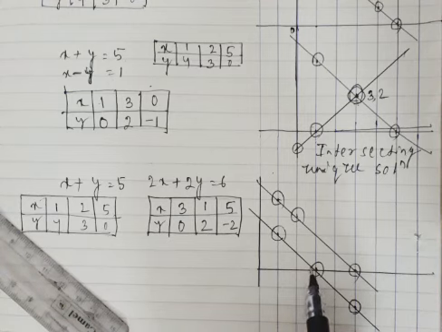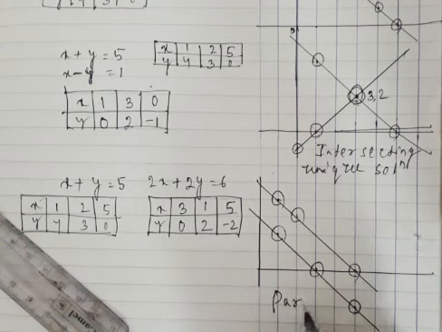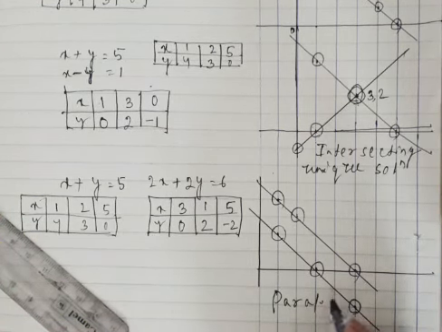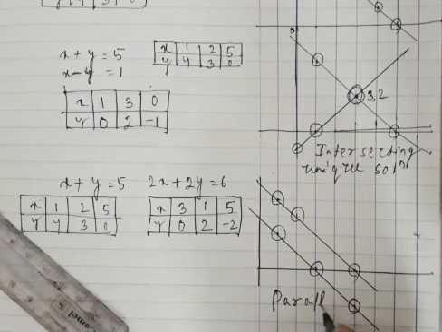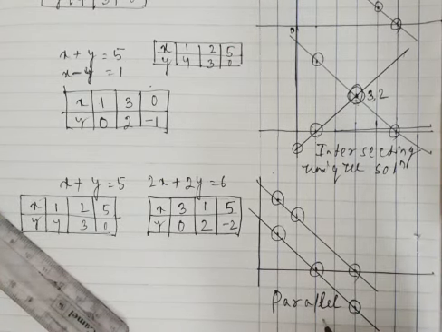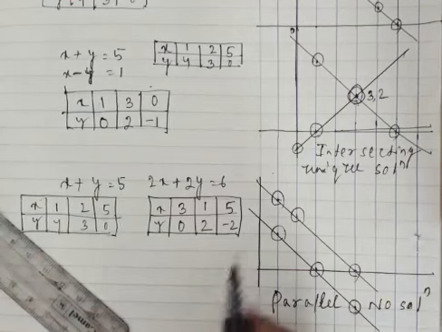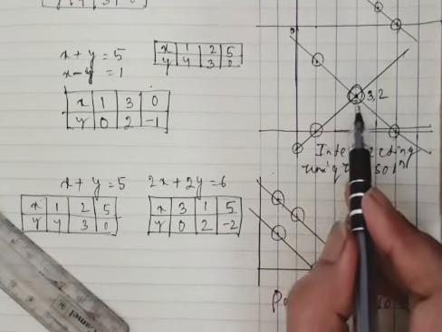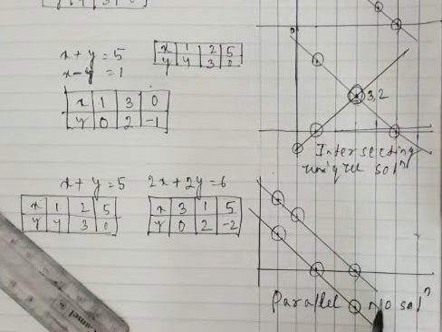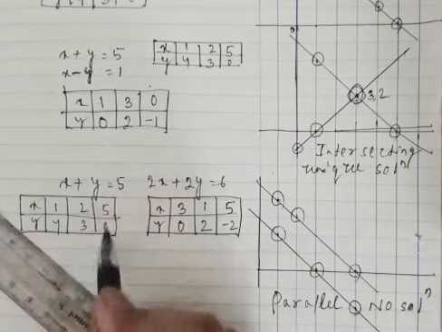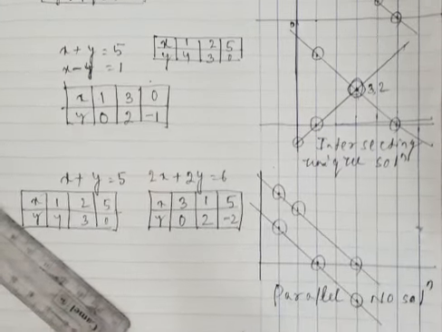So we can say the lines are parallel here, they are parallel to each other and they don't have any common solution. No solution, I am writing here, no solution. So we found whenever the lines are intersecting, unique solution. Lines are parallel, no solution. So 2 cases we have seen now. Now I am going for the third case.